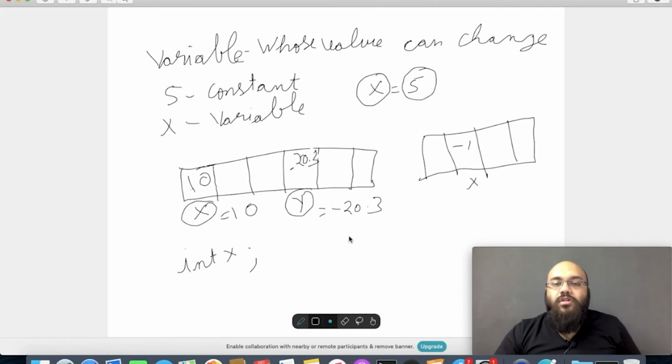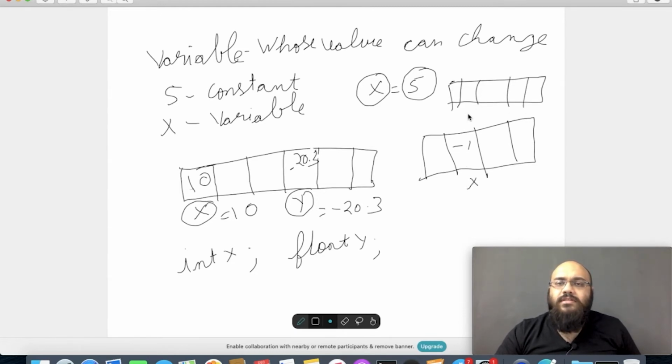Similarly, if we want to declare a floating variable, we write float y. That's it. As soon as this is encountered, somewhere in the memory among other cells it will store y.